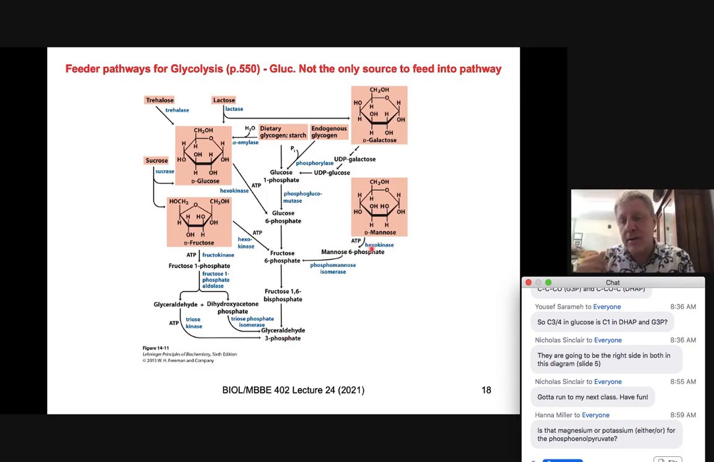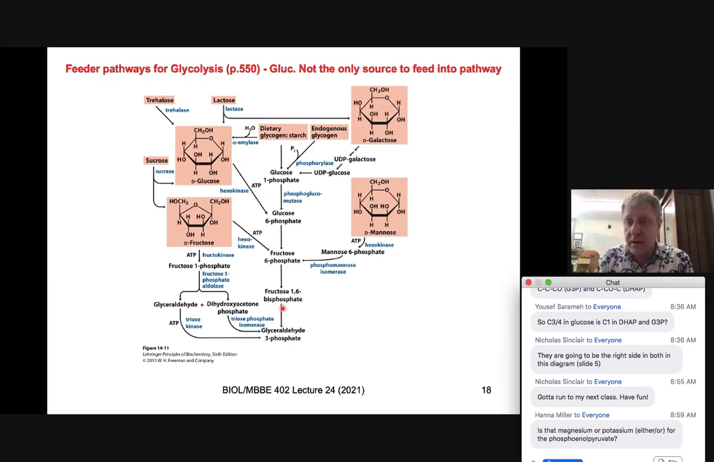We also see mannose, which is another sugar. Basically, mannose is a carbohydrate. It can be phosphorylated by a kinase, consuming ATP, to produce mannose 6-phosphate. But it also then uses an isomerase to isomerize mannose to produce fructose 6-phosphate, which then can directly feed